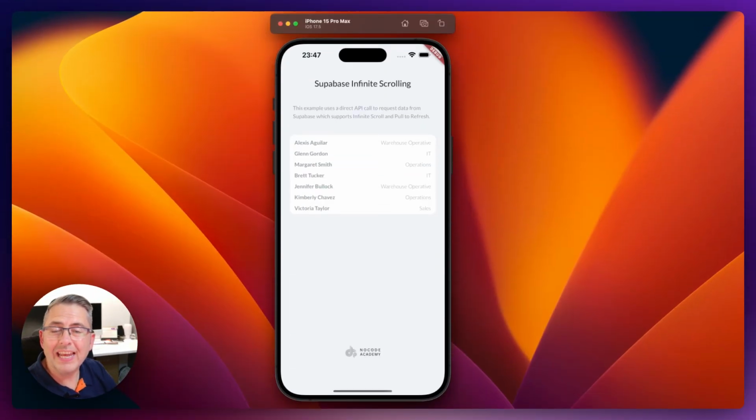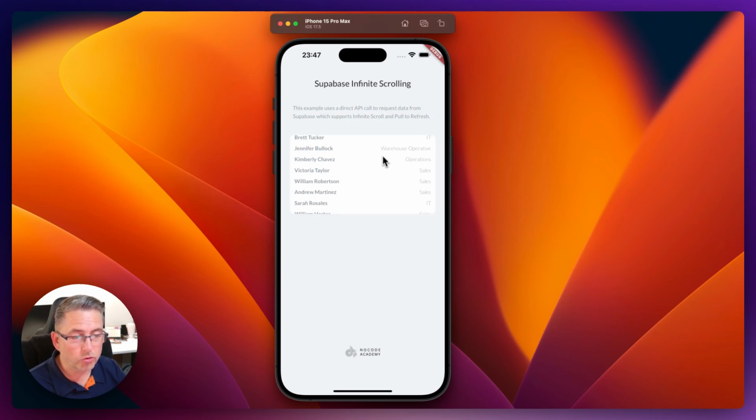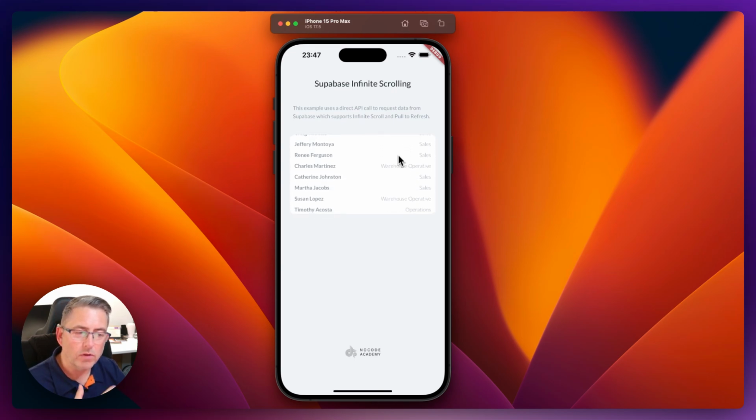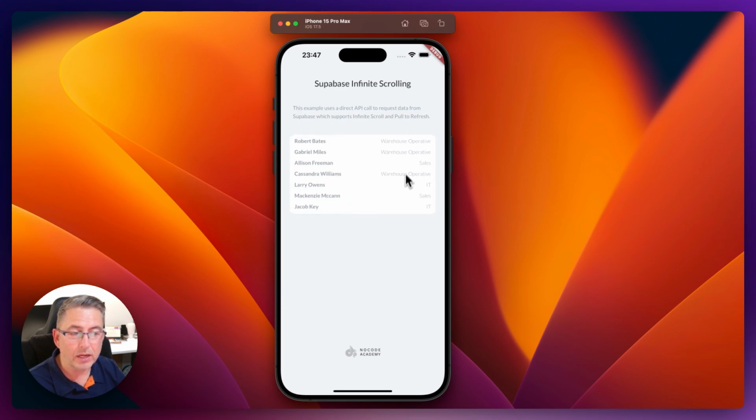Okay, so here we are then in local run. It's fired up inside the simulator. You can see that I've got records that have landed inside my container, inside my list view. So if I now just start scrolling up here, you can see that I'm just getting a continuous stream of records coming in. There's no loading indicators or anything like that going on inside a mobile application, but